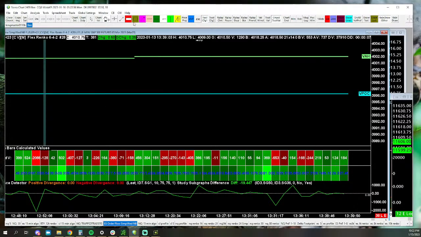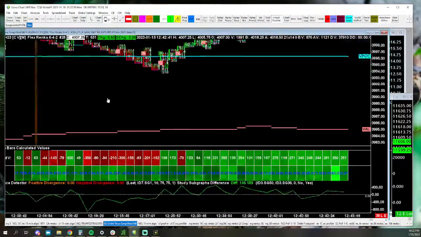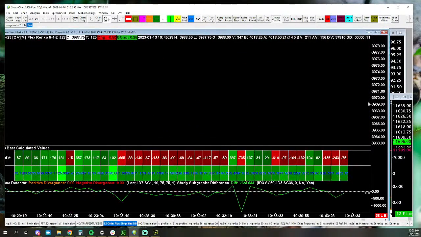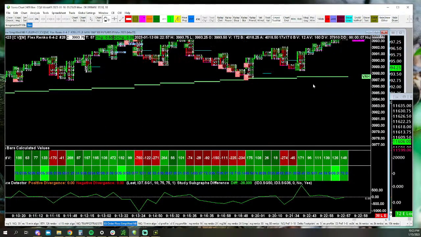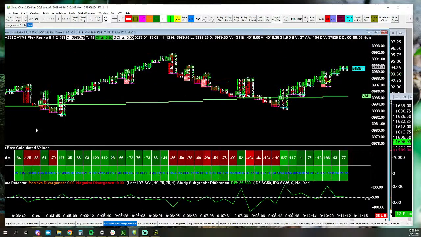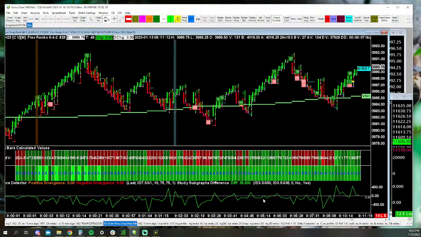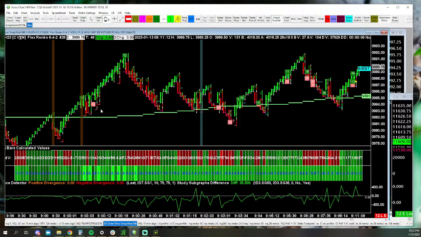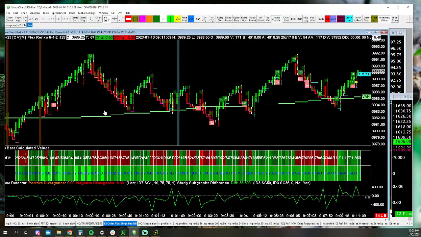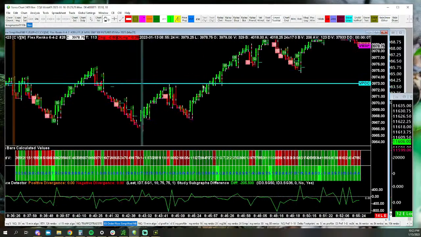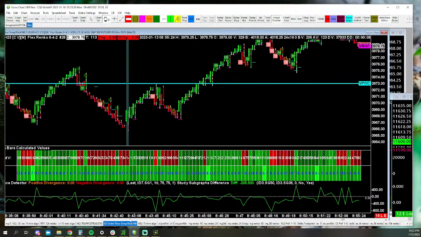What we're going to do is go back to a random spot, because it doesn't matter where we look at it. It'll pretty much work the same all the time. I want to show you how the behavior of this line and the movement of the footprint interact. And what you'll see really fast, if you're good at pattern recognition, is that there are a number of relatively easy patterns to trade on this time frame. You'd obviously have to zoom out and see a bigger time frame if you want to make bigger decisions, but this would be for this individual time frame.